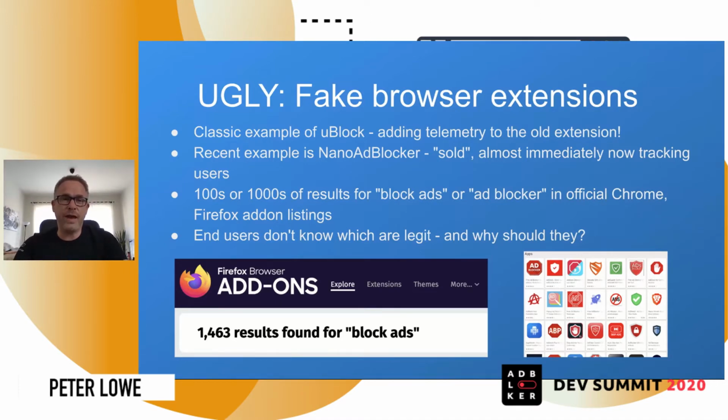And if you've ever gone to the Firefox add-ons page, Chrome extensions, or the Android App Store and searched for block ads or ad blocker, you will find hundreds or thousands of results. And most of those are fake or malware, essentially, or tracking you somehow. And it's almost impossible for an end user who doesn't really know what's what to know which ones are legit.